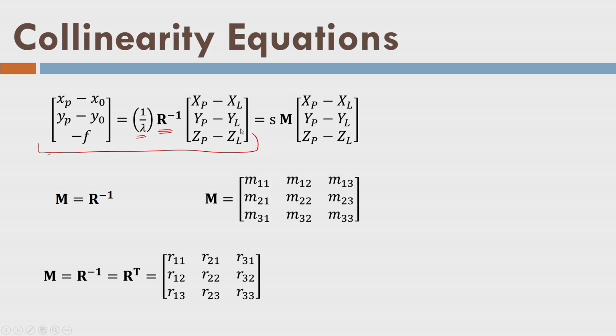And now I will call M matrix, which is R inverse here, and this 1 upon lambda is S. So, whatever elements I get, they are called M11, M12, M13 and so on. Fortunately, this R matrix is an orthogonal matrix, which means if I take the transpose of R, I will get its inverse like this. So, as a result, I am writing the transpose RT here. So, it is very easy if you know the R matrix.